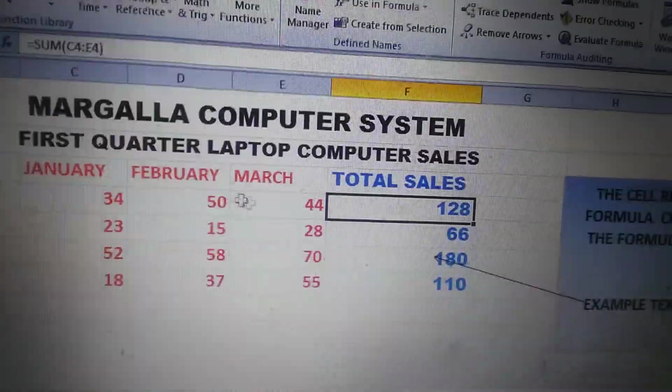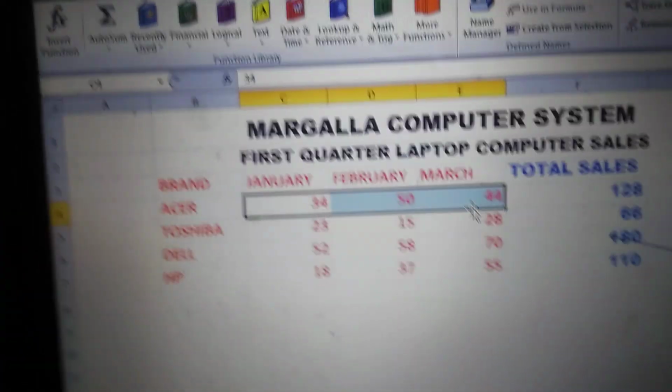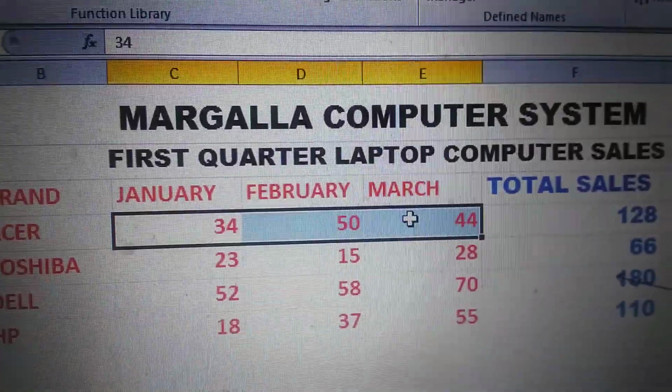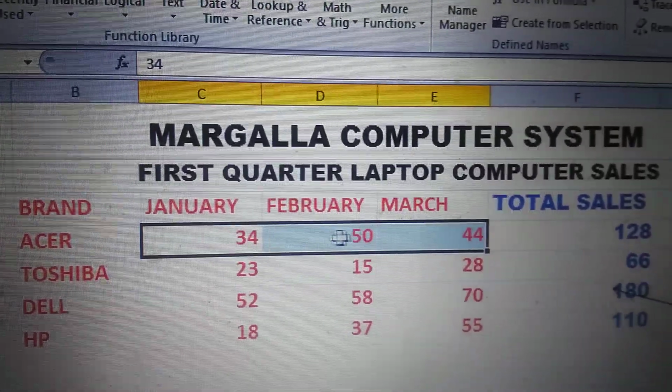So the formula is generated in the same way, like this: sum C4 to E4. See how I get 4? I get 4 from here. See this. This is the 4th row, and the value of the cells C, D and E. C:E means they have covered all the three